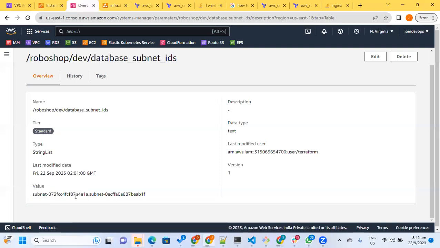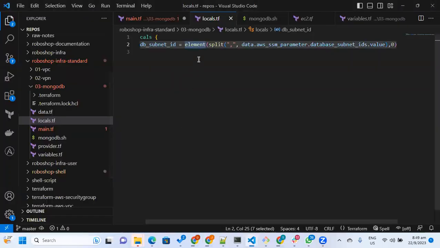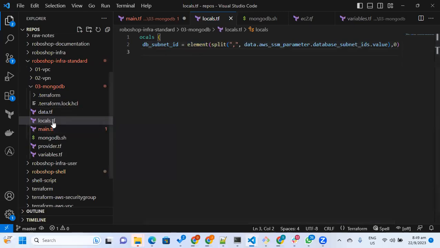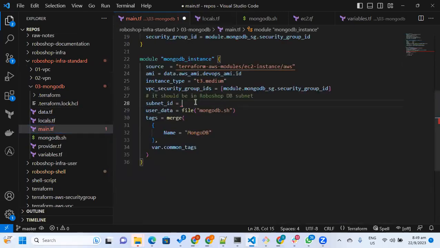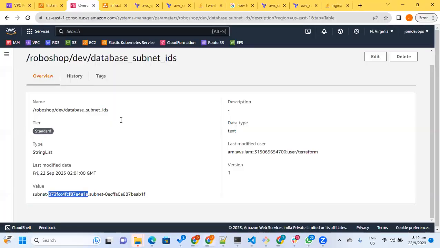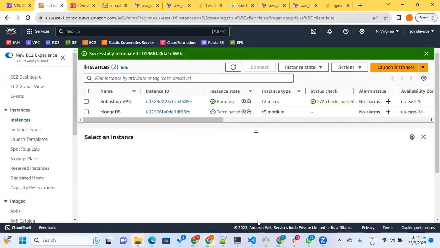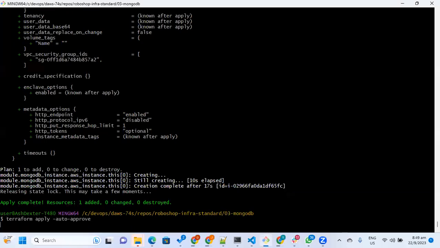So obviously I need to split. How you split? Based on comma. When you split it based on anything, you will get these two into a list. And out of that list, I want the first one. Okay. First one always refers 0th index. Now you can get local dot db subnet ID. Okay, instance is deleted. Now if we apply again,